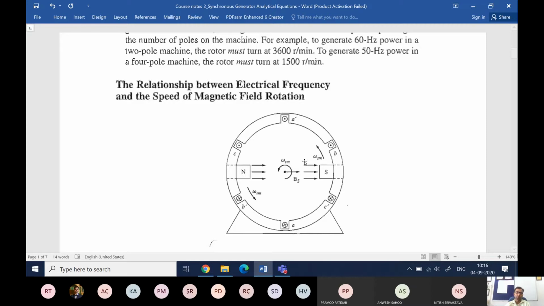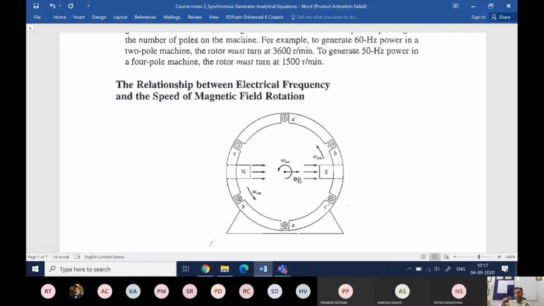So either the rotor is rotating and the magnetic field is on the rotor, or the magnetic field is in the stator. The idea is basically the relative motion between the rotor and the stator. So the figure here shows the magnetic field on the stator, but please be clear that this is not the case for a synchronous generator in our example, because in our example, this magnetic field will be on the rotor. But anyways, the idea is that here there are 2 poles. In our case, the two poles are on the rotor and the rotor is rotating.